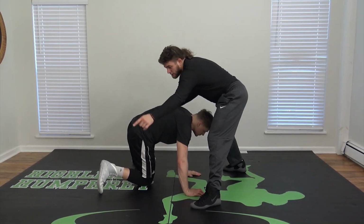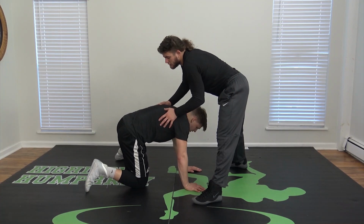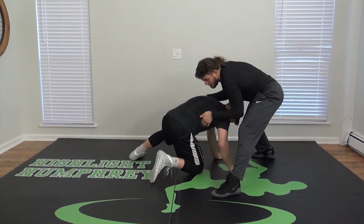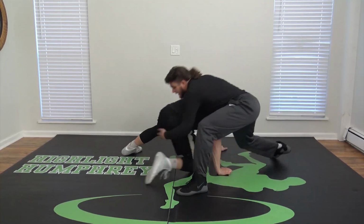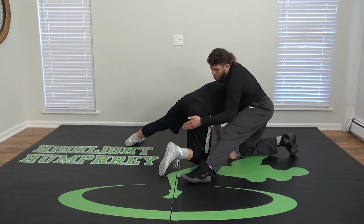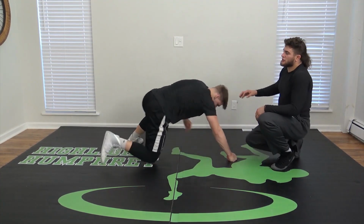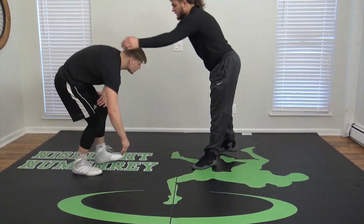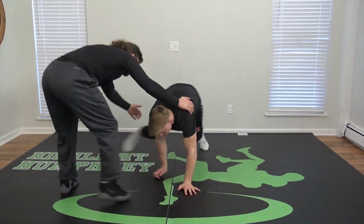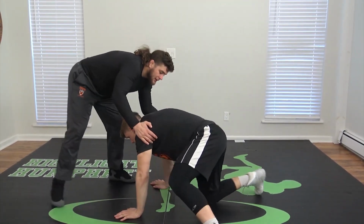So I'll go to my left so you guys can see what my hand's going to do. I'm going to pull him here. At the same time I pull him back, I'm going to take a step to the leg with the backhand, with my hand touching the back of his hamstring. A lot of us are going to run around like this, and we're going to try to go around like this in a circle. That's not what I'm doing. I'm taking a straight line of one big step,